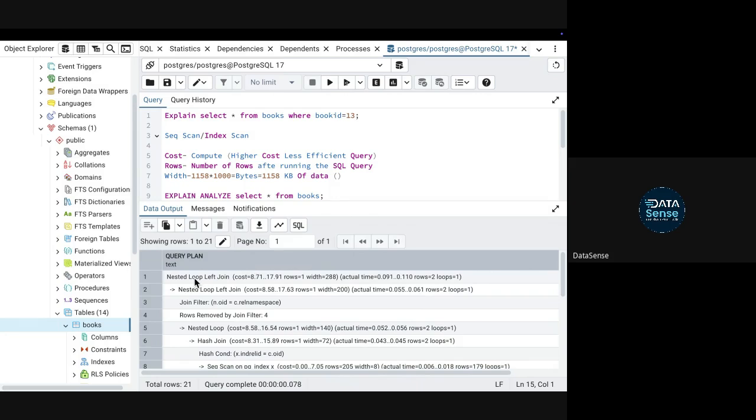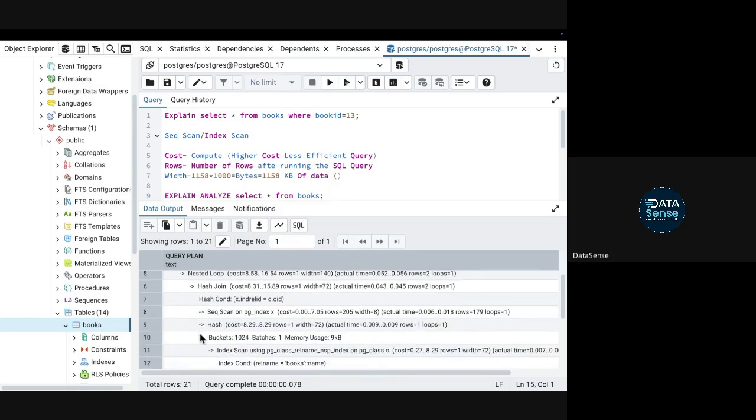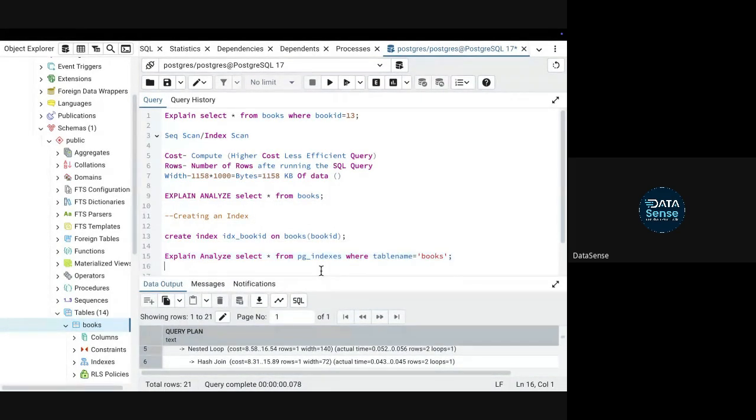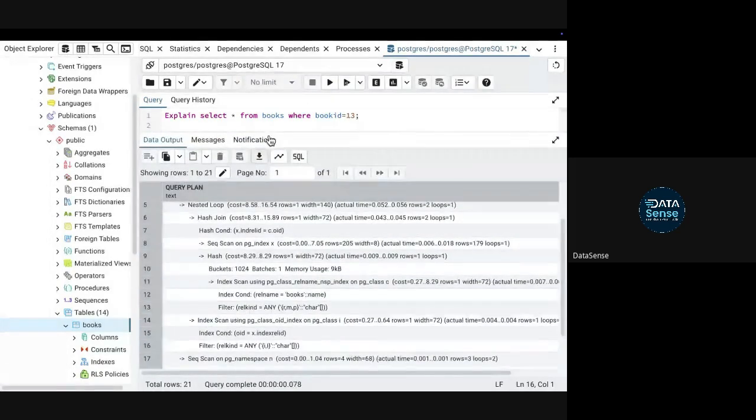In the backend, you will see different things like nested loop, left join, and sequence scan. You don't need to worry about them, because the backend uses binary trees and many methods, and by default it picks whichever is optimal at that time. You will see the changes once you use the same query on a bigger data set.